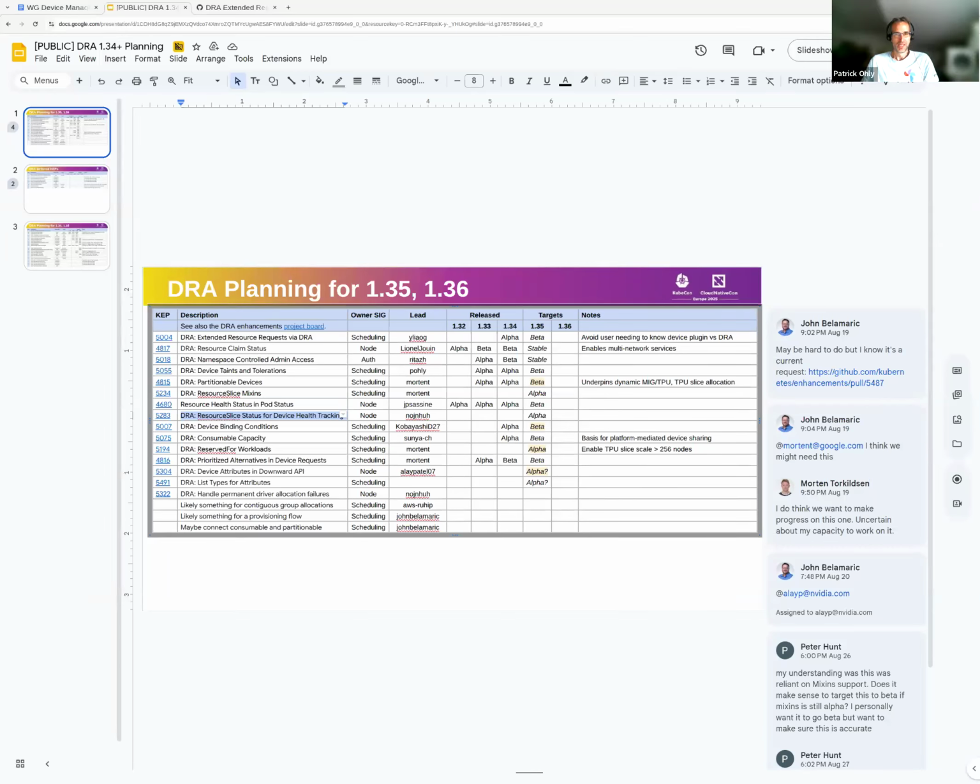Yeah. So for DRA, I have a long-standing idea that the resource slice, not the resource claim, literally the resource slice status could be used to coordinate allocation of devices. Why? Because then we could have two schedulers actually scheduling pods.